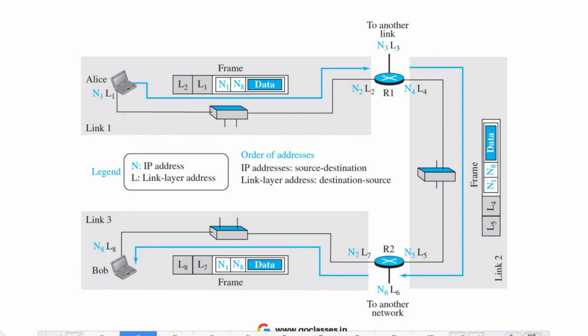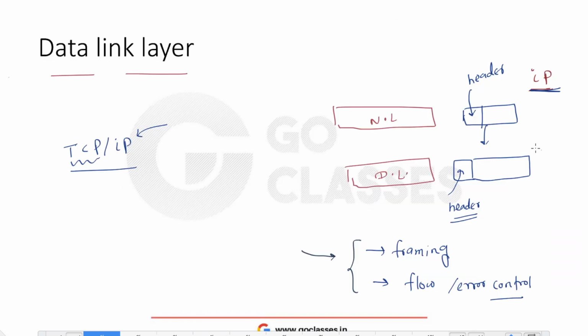So suppose that you want to send some packet from Alice to Bob. So Alice wants to send some packet to Bob, and there are few configurations in between. Now there is a frame. So at data link layer the terminology is frame. See here, at data link layer this is called frame, and at network layer the terminology is packet. So at network layer we call it packet.